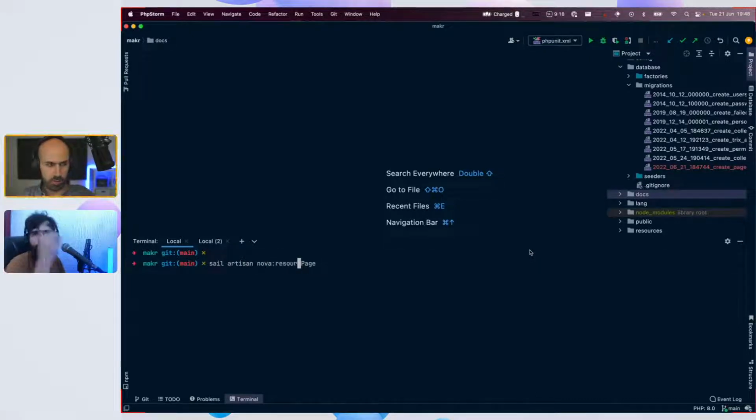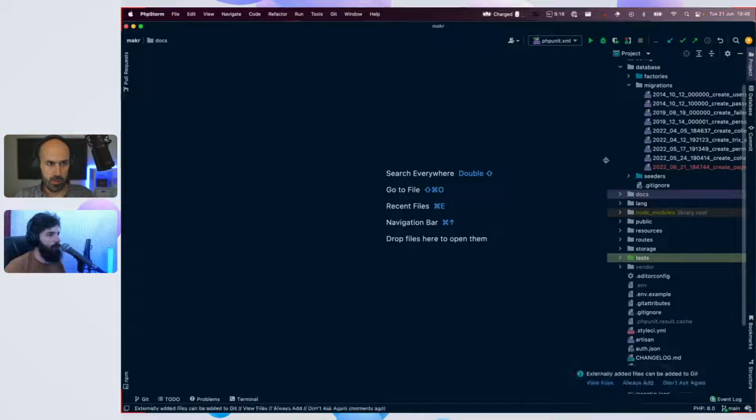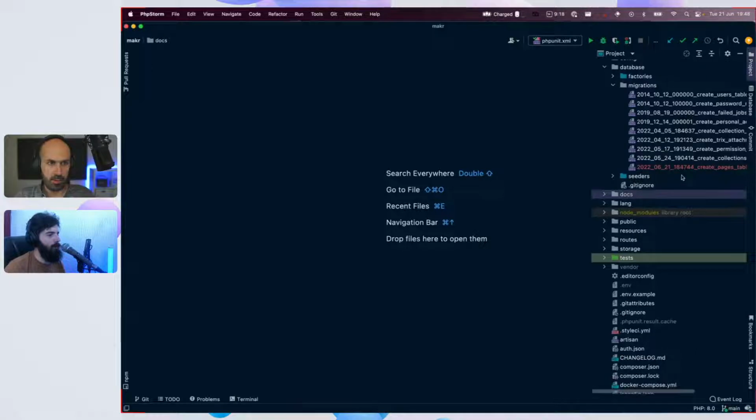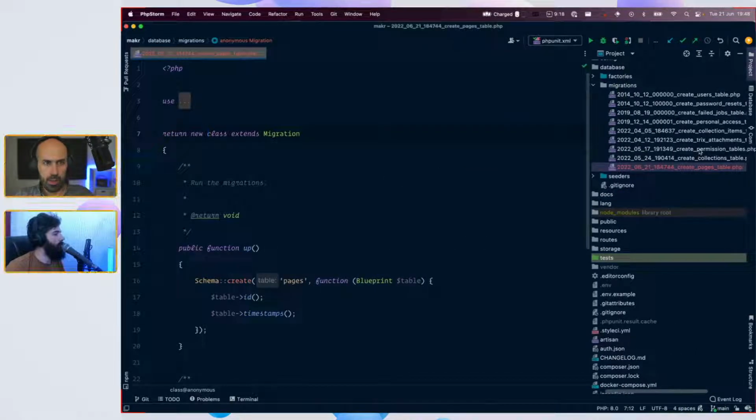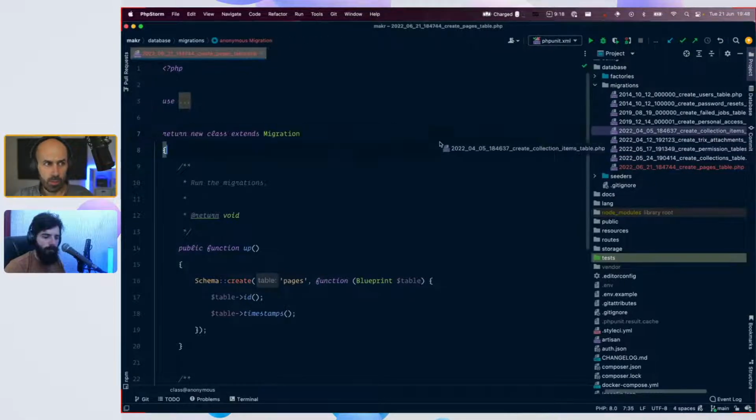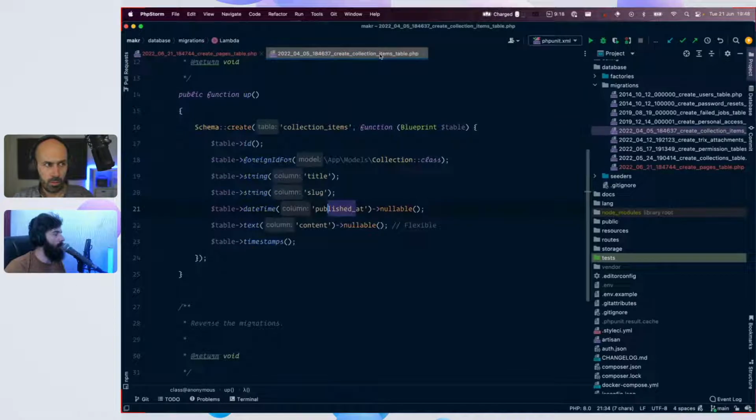So, Nova resource page. Yes. Now it was very fast. Sometimes it's just like that. Okay, so the pages table is very similar to the collection item, right? Exactly.